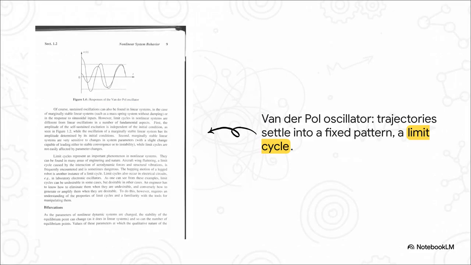Now check this out. This is the van der Pol oscillator, a very famous nonlinear system. It doesn't matter if you give it a tiny little nudge or a massive push. See how both of those starting paths eventually spiral into the exact same self-sustaining oscillation? A linear system could never, ever do this. It's a fundamentally nonlinear thing.